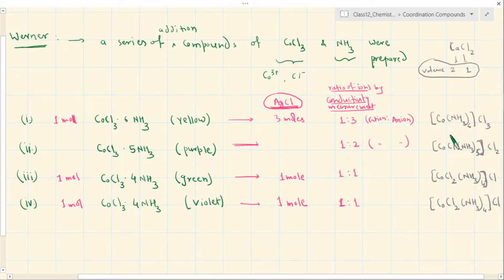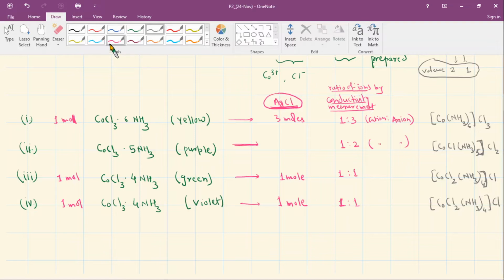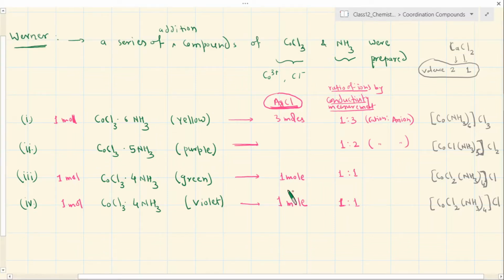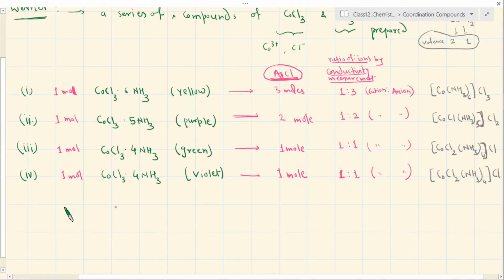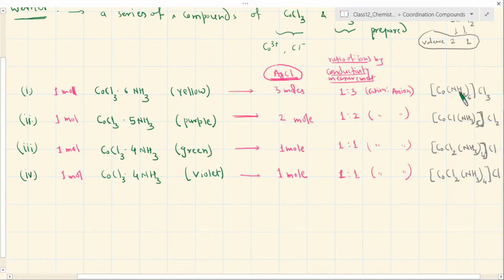Now you may ask the question, why represent it like this? Well, Werner did this in order to explain the formation of these compounds and to be able to explain the properties here. How did he do that? Now we have to consider first his proposal. There are basically postulates that Werner gave, and we will discuss all of them to understand this. So this is the proposal, that if you represent the formula and create 2 types of negative and positive entities, then we are able to explain these features. Please try to understand it here itself.